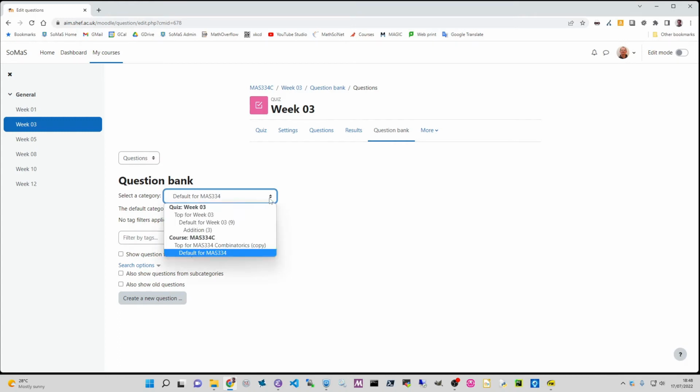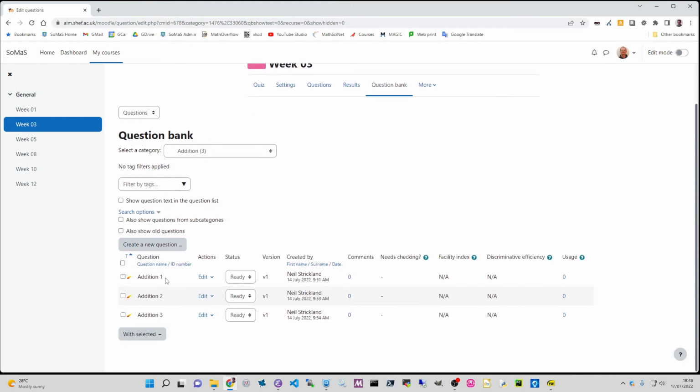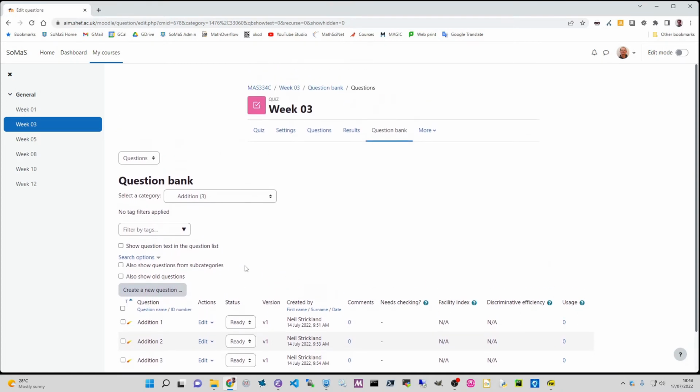You can see if we look at categories, the category called default for week 3 with 9 questions in. And for most tests, most quizzes, you'll only see a category like this. For week 1, there's a category called default for week 1. All the questions are in that category. There are no subcategories. But in this case, we've done something a little bit different. We've created a subcategory called addition. And this has got 3 questions called addition 1, addition 2, addition 3, which are all basically the same, but with slightly different parameters. And then if we go back to the questions here,